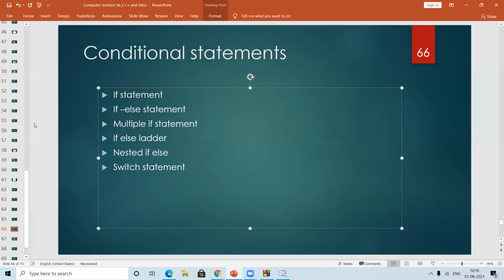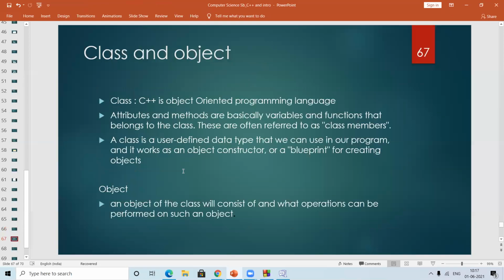Okay, so there are two homework assignments I have given. One is to find out the greatest number. You can use any if else statement. Another is for a switch statement. Okay, then we'll move forward with the basic concept of the whole C++, that is classes and objects. The iteration statements, that is for and while, वो हम करेंगे, but हम इसके साथ ही करेंगे, ठीक है?